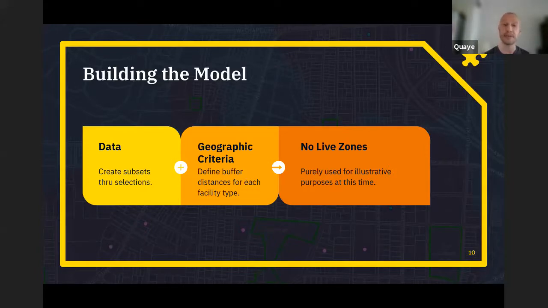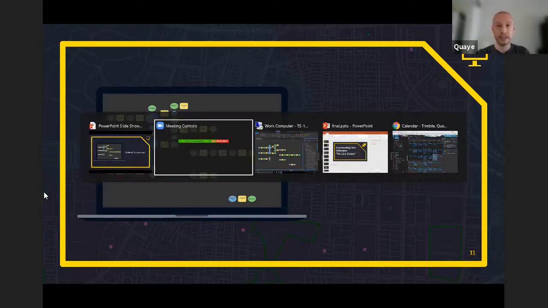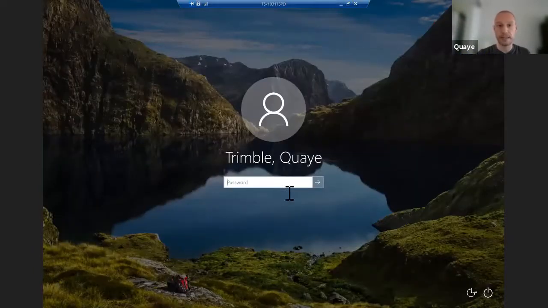And I wanted to show you this slide before I show you the model, because the model can look a little more complex. So I'm going to try and jump into a live demonstration here, just so I can interact a bit more with the model as I'm describing it to you.